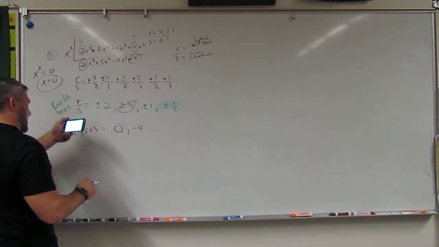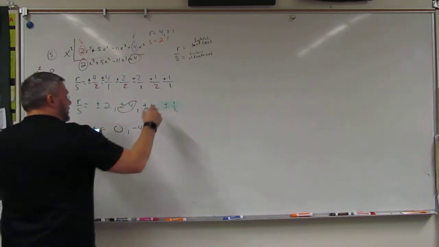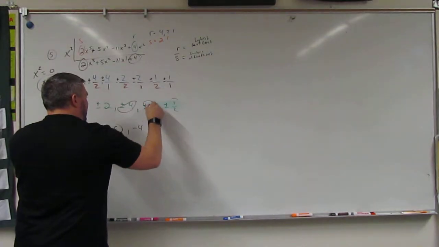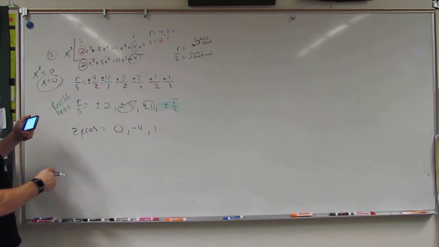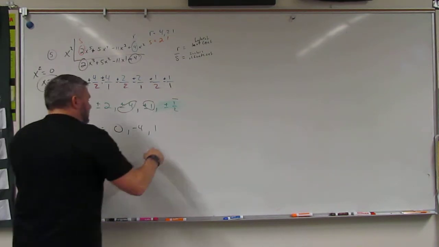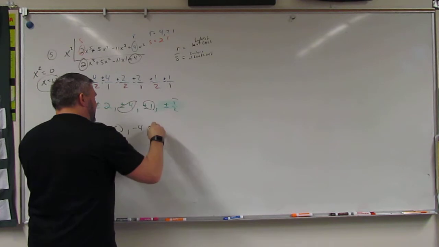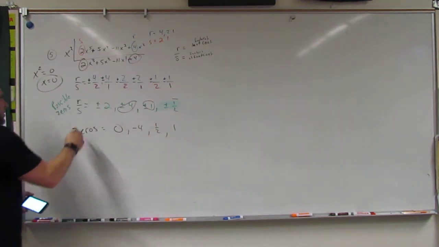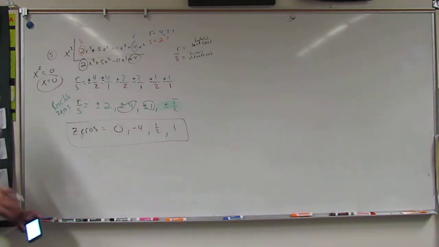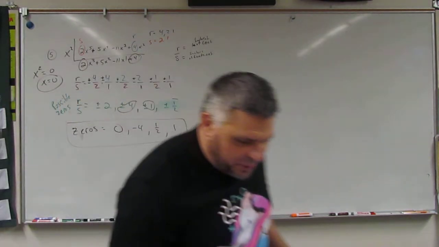It looks like a 0. Then it comes over again and it crosses at 1. So it looks like a +1. And then I come over and it crosses at 1/2. So actually the first part it crossed at was 1/2, and then it crossed at 1. And so that's all your possible zeros. Those are your zeros. And when I check it with the book,